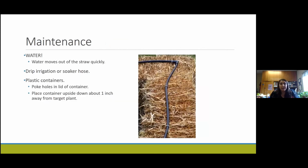So when it comes to maintenance, I think the biggest issue is water. The water moves out of the straw quickly. So when we get dry periods, you're going to have to be out there watering a lot. A way to solve that is hooking up a drip irrigation or a soaker hose that you could put along the bales, like in this picture here. I did not have that at the time,